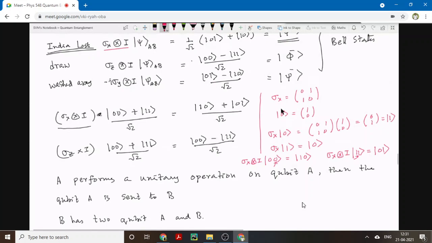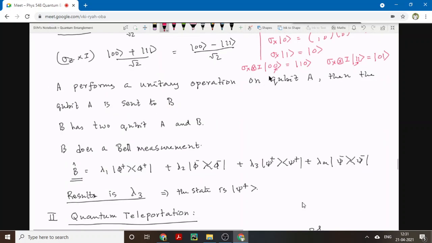Here I am not understanding the order of operation. Does identity operate only on the B element? So you are saying identity is happening on B because the operation is happening only on the first element, not the second element. Yeah, the second state we are not changing anything, because the second state has identity. Only the first qubit will be changing.